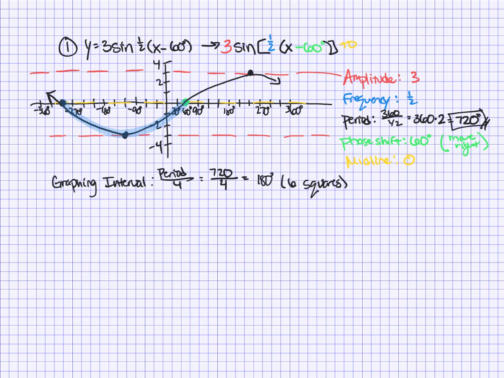Let's try just one more. So let's take a look at problem number 4. Oops, sorry, I forgot this was still the highlighter. Let's see, problem number 4 is y is equal to 5 cosine of 2/3 times x minus 180 degrees. Or if we were to, again, think about this in our color coding, it's going to be 5 times cosine of 2/3 times x minus 180 degrees